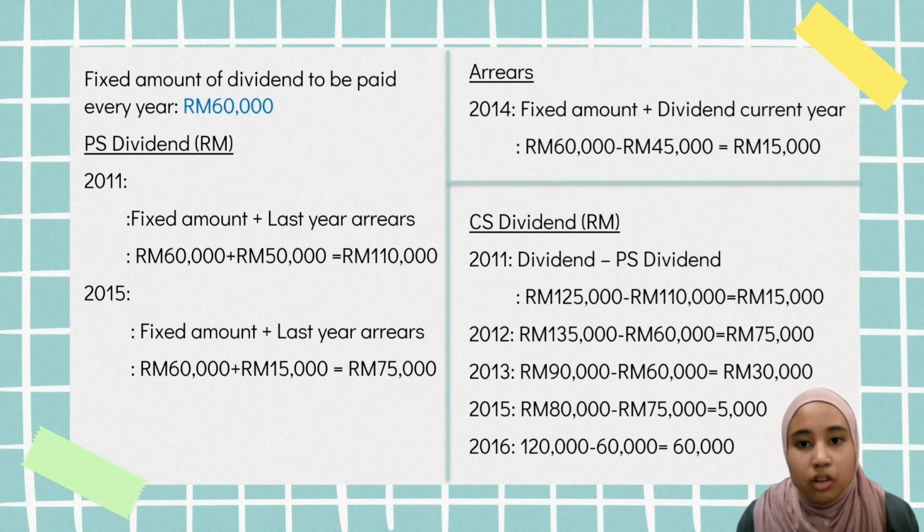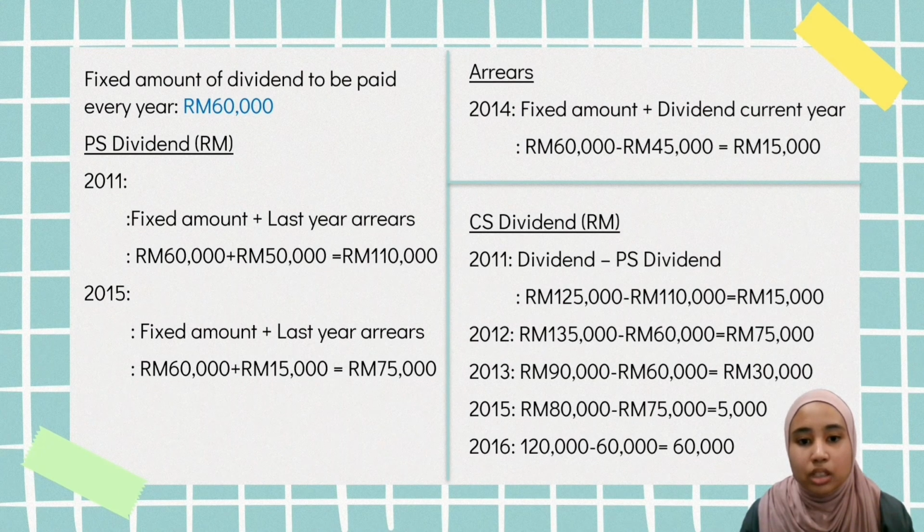For the last year of 2016, there will still be a fixed amount of 60,000 and the company can pay dividend amounting to 120,000. So we will subtract 60,000 from 120,000 and you will get a balance of 60,000 which will go to the common stockholders. Therefore, the amount of annual dividend paid to the preferred stockholders is 110,000 plus 60,000 plus 60,000